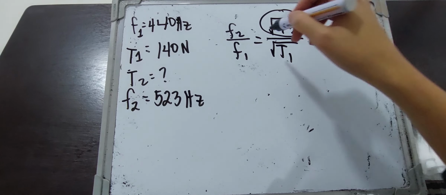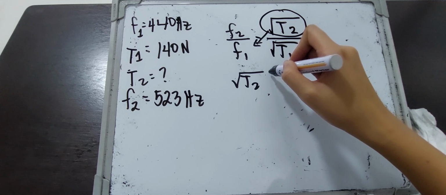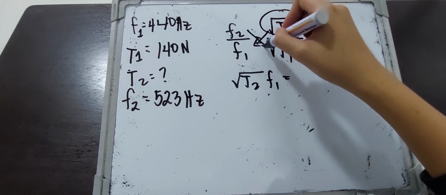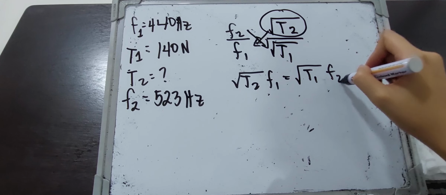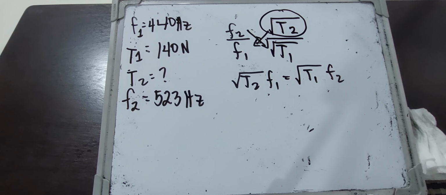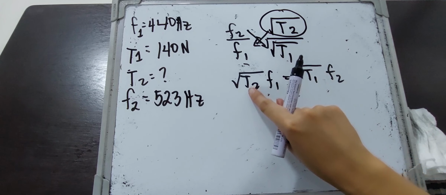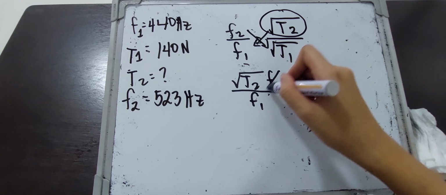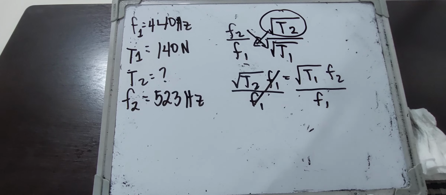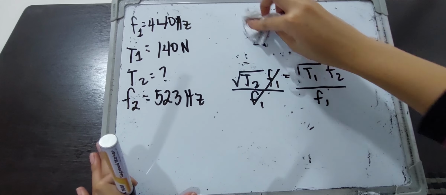We can just cross multiply: T sub 2 times F sub 1 is equal to T sub 1 times F sub 2. For us to isolate this T sub 2, divide both sides by F sub 1. So, cancel out. So, our formula is